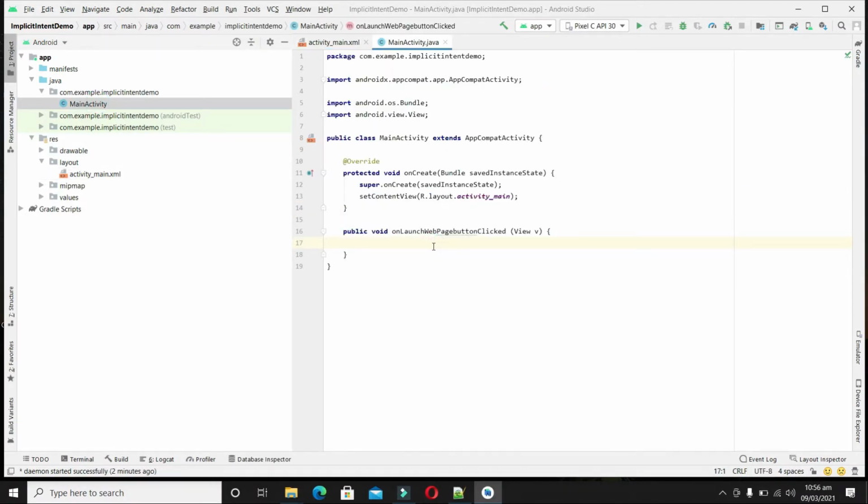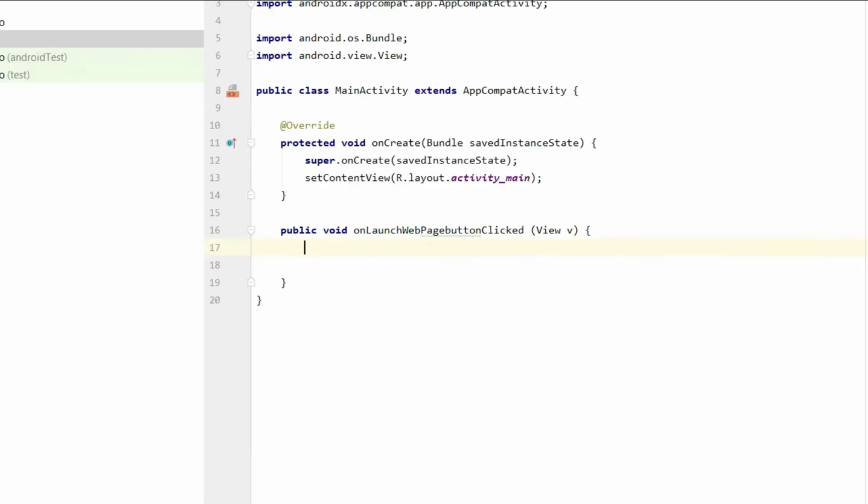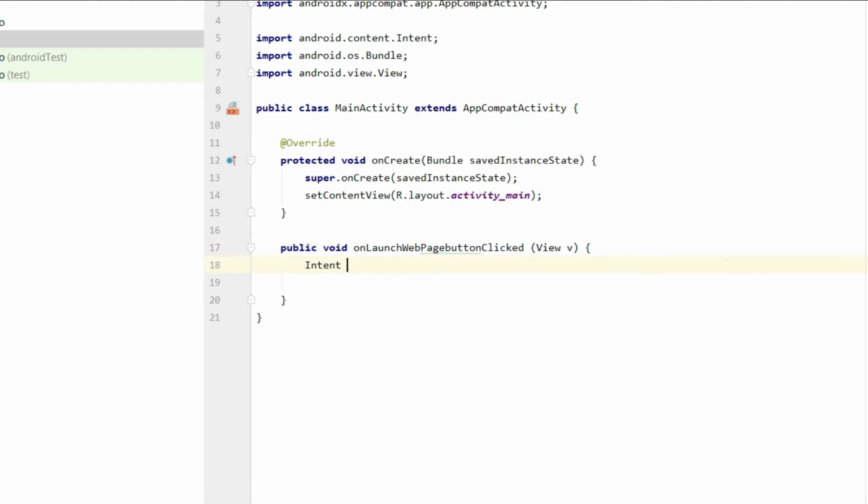So okay guys, we will make a view intent here which will launch the browser and open our web page. For this, let us make an intent.